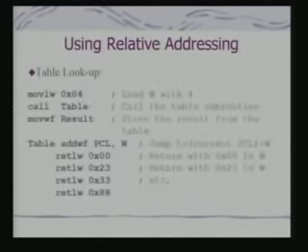Let us look at this example, and this is a very interesting example because it illustrates various features which you can use in PIC. Here we are using a table lookup, and this code is primarily for that purpose. Initially, you are loading the register W with 4, and then we are calling the subroutine table, which is referred to by the 11-bit offset. And then, the next instruction after the call,